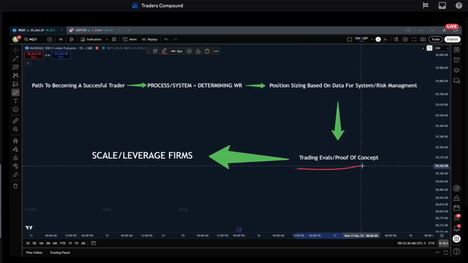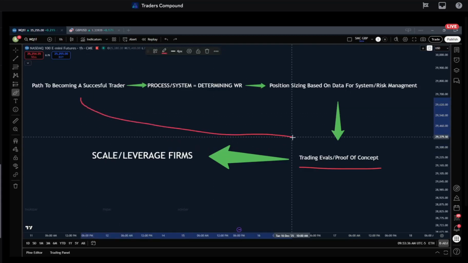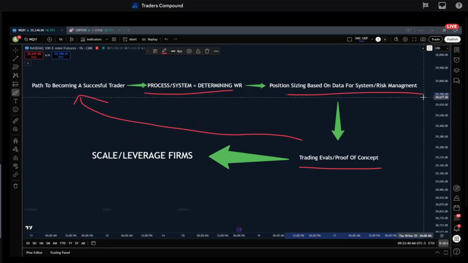What we're doing here is you start off by getting a measly payout of 1K. That's not life changing, right? But what it shows is that you've dialed in process, you've dialed in position management, you haven't hit your drawdown limit, you passed the eval, you got a prop firm. That's all we're asking for, right? Maybe you do it twice.